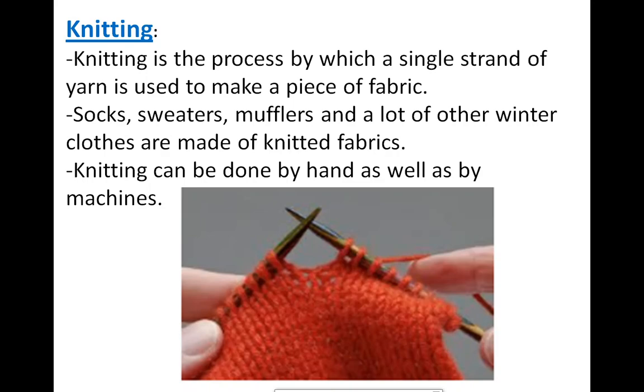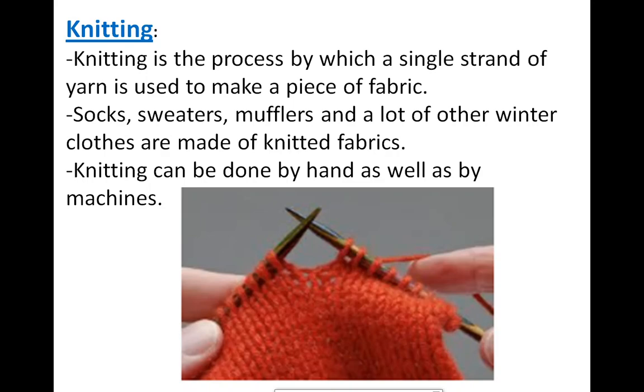So in knitting, a single yarn is used to make a piece of fabric. So what is happening in knitting? A single yarn gets pulled out continuously as the fabric gets unraveled. You know that? Have you ever seen, when you are removing one thread or fiber from it, it continuously unravels and comes out, because socks and many other clothing are made up of fabrics. So that knitting is also done by hand, or we can also use machines.